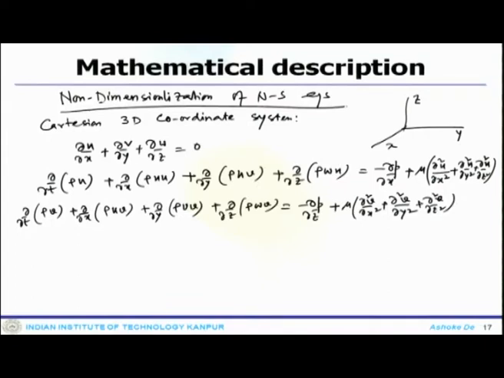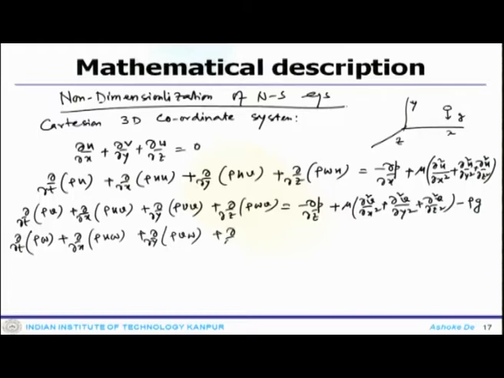and if you have a source term, just this one you put x, this one y, this one z. So the source term acts in this direction, gravity. So you take rho g in the y momentum equation, and del t of rho w plus rho u w, rho v w, z plus